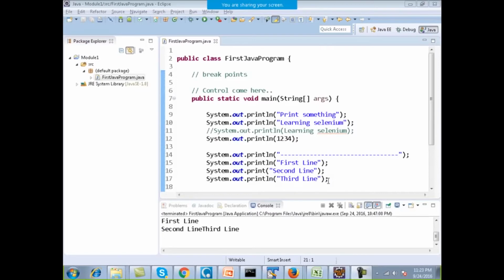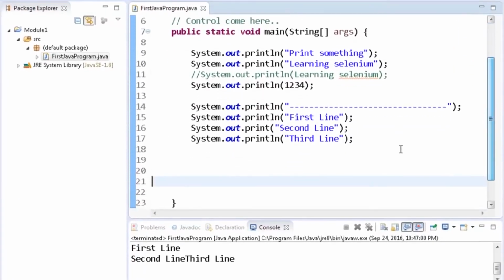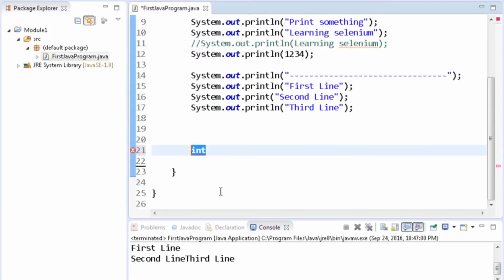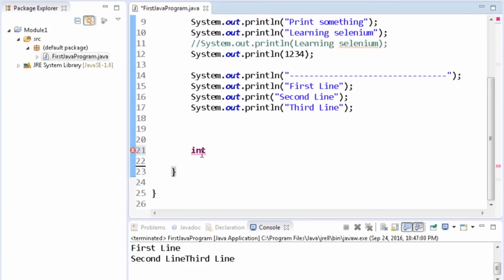Data types are there in every programming language, like integer, int, byte, char, boolean. Most of you must be knowing about that. In Java, if I write int, the color becomes automatically red. Whatever is in red color over here are the predefined reserved keywords in Java. That means these words are a part of the Java language, so int is also part of the Java language.